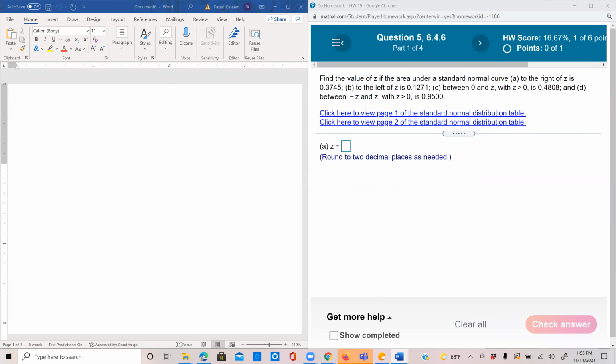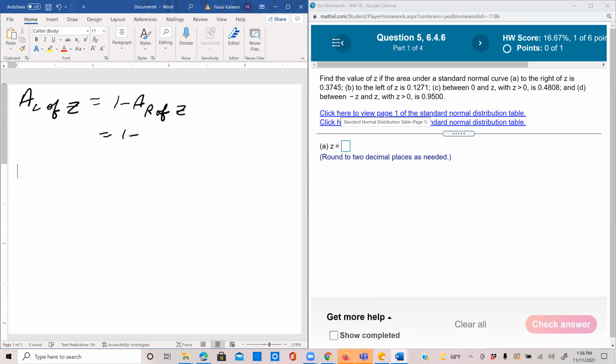Find the value of z if the area under a standard normal curve to the right of z is 0.3785. So you know that the areas given in normal curve tables are always on the left of z. So we will say that area to the left of z, so we'll convert the right area to a left area. Area to the left of z is equal to 1 minus area to the right of z